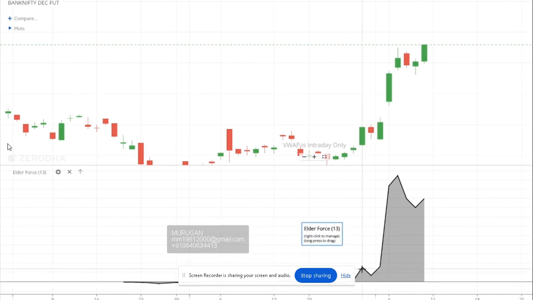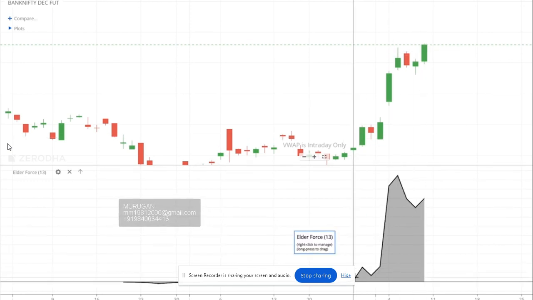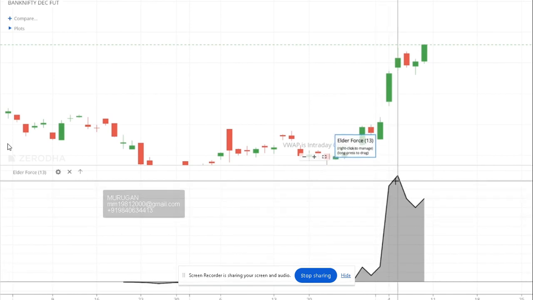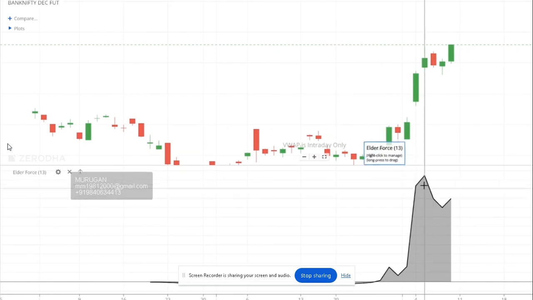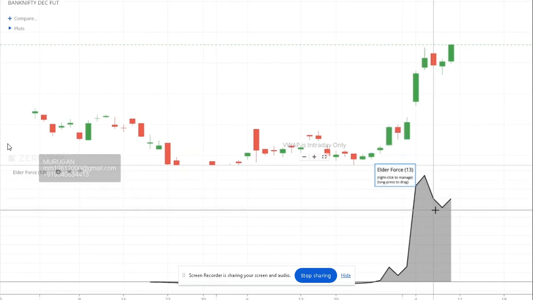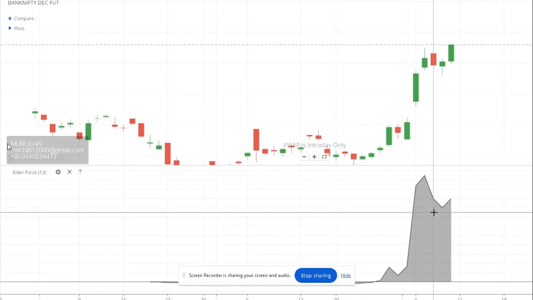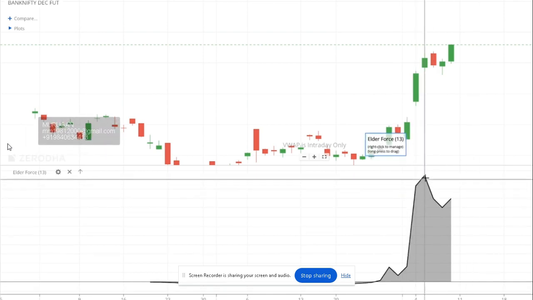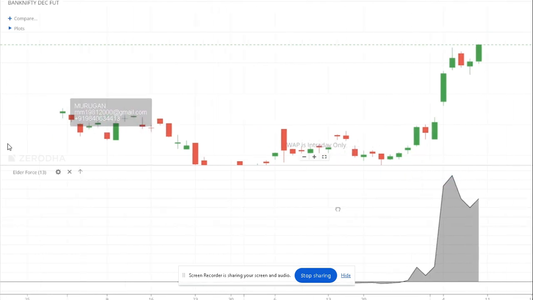Okay, assume that somebody bought a call option here. From there it has shot up so much, and you see how forcefully it is going. Now here there is no question of peaking out. See, this is not a peak out. Peaking out is only in ADX, not in the Elder Force Index. Elder Force shows with what force it is going higher. So it's going with a huge force. Now the force has come down, now again the force is increasing.